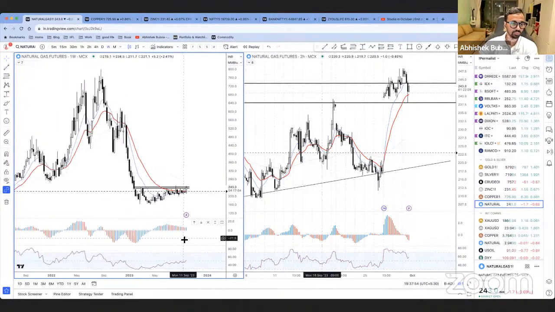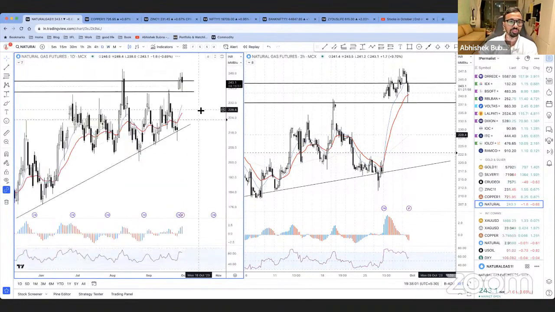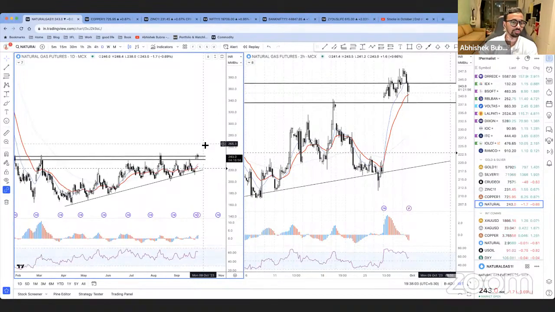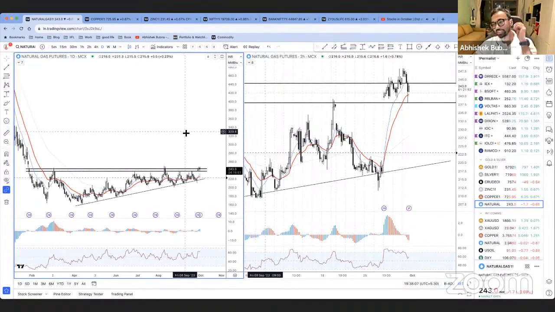Let's see if it has ticked down or ticked up now. So if it ends on the upside today, then it will probably break out to the upside. So we'll see how that happens as well. So that's about commodities, guys. Finished it quickly so that we can go on to the green stocks, which is very, very important.